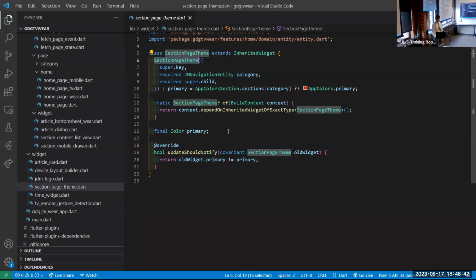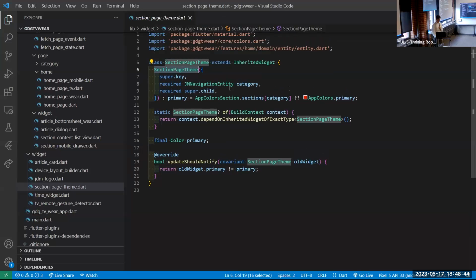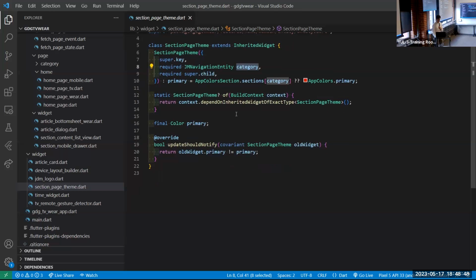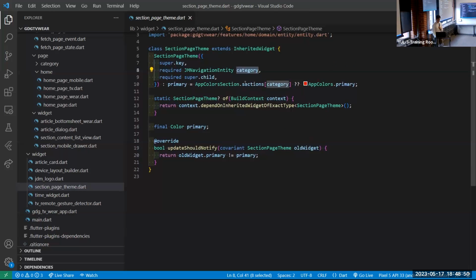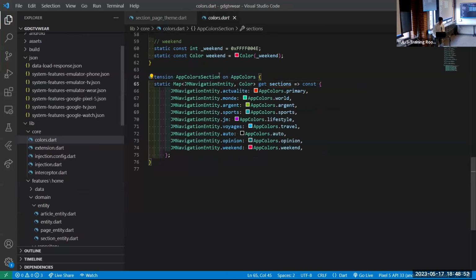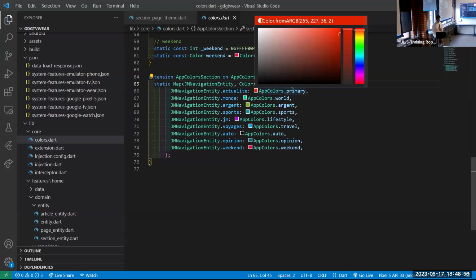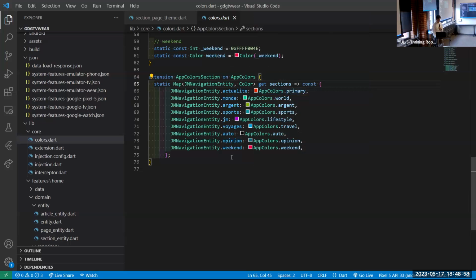I give this widget the section I'm in, which I call the category, and with a map, which is here, I map the colors based on the section I'm in. So I just check, okay, I'm on the mode section, so it will be a green thing.